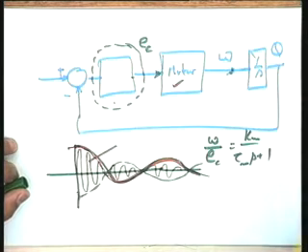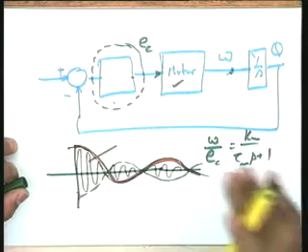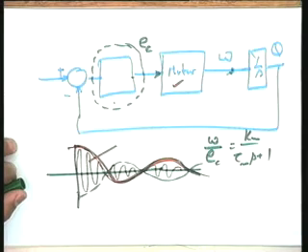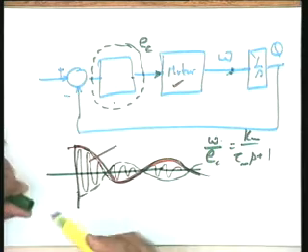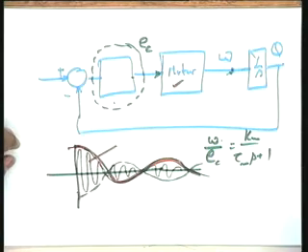This is what I want to say. There may be a difference between the actual signal going to the motor and the information carrying signal to the motor, and my interest is about the control information, and the carrier is not important to me in modeling, and therefore I am extracting that information from the modeling, and my mathematical model is between omega and the information carrying signal to the motor. I hope this point is well taken, and I assure you that this will become more clear when I take the specific applications wherein you will see the information carrying signal to the motor could be a modulated signal. This is going to be clear later.